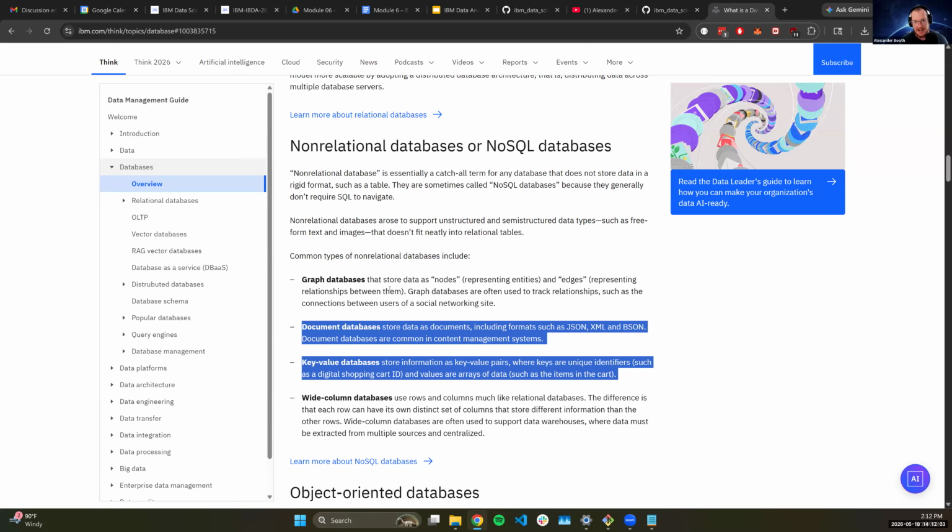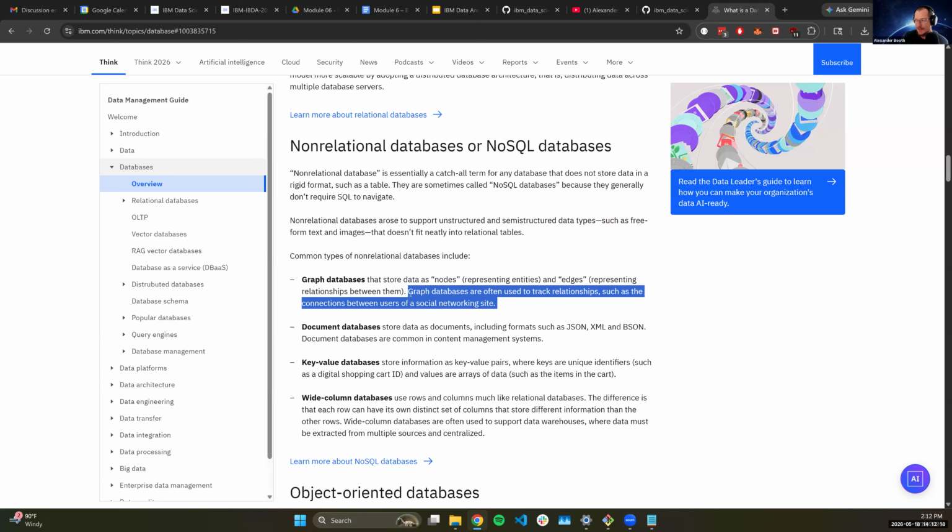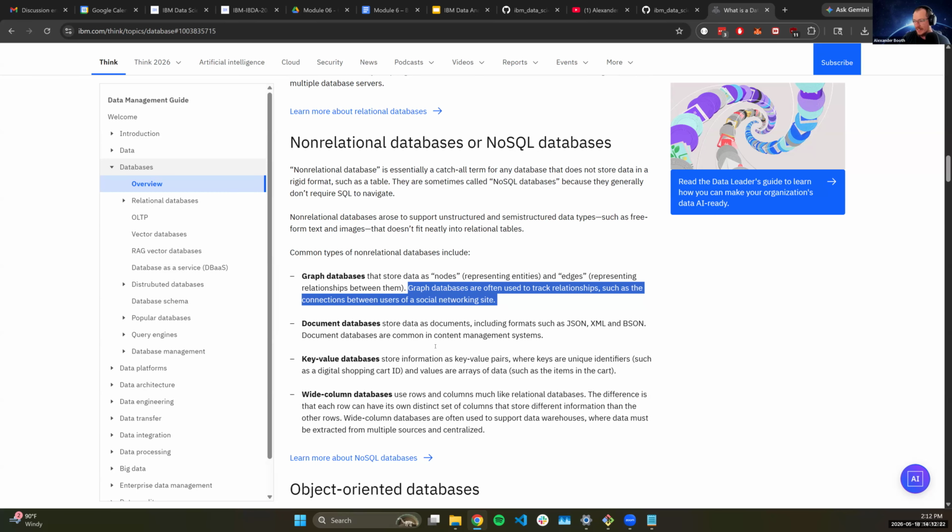Document databases store data just as API JSON blobs. Key value databases are mostly used for caching to quickly retrieve key value pairs from a store. And then graph databases allow us to track relationships, especially across like who knows who on social and networking sites.